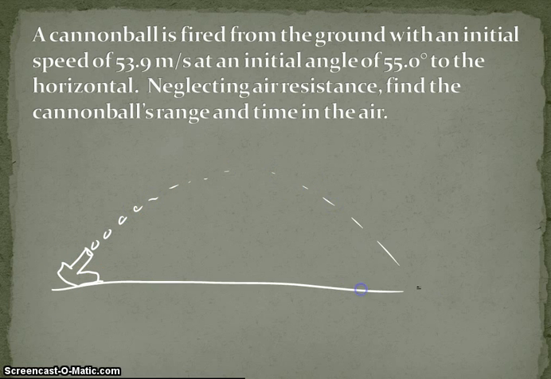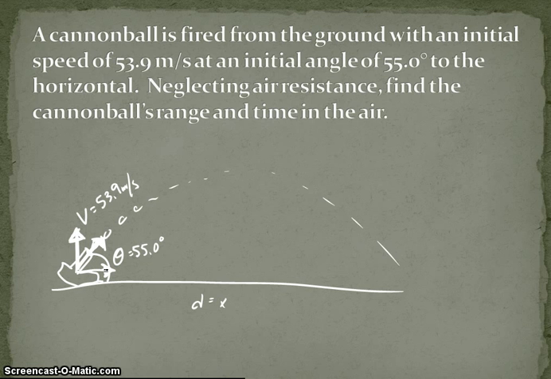Okay, parabolic path. I'm looking for the distance here as my range. And it has an initial speed of 53.9 meters per second with an angle of 55 degrees. Now, they gave me an angle, they gave me a velocity, which means that I need to find components. Okay, so I need to find component vectors to represent this